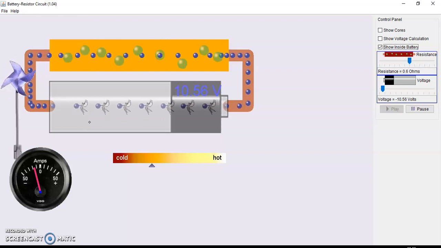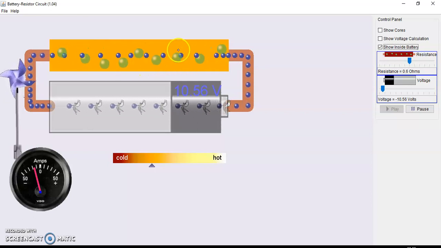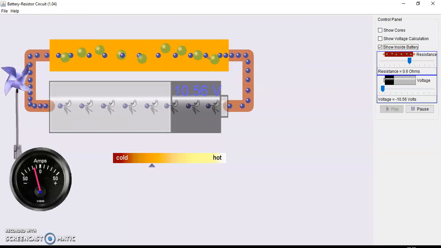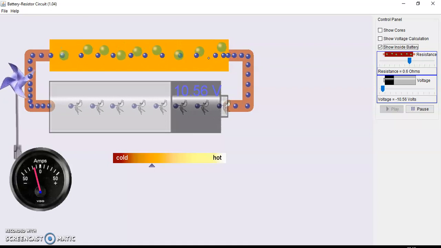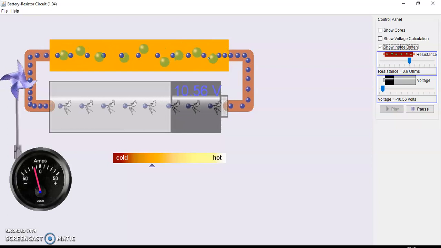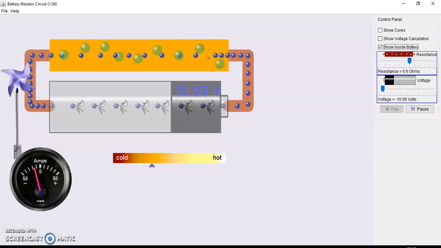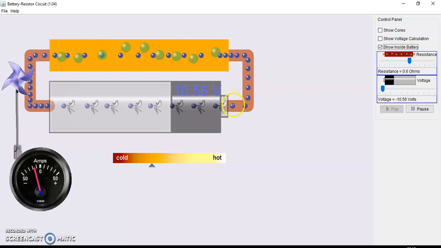So until this battery was connected, electrons were in the random motion, just like these cores. Electrons also had a similar kind of motion. That is what we call as the thermal motion. But when this battery has been set in the circuit, then the motion will be changed. It will become regularized. Electrons will start from the negative end of the battery, and they will end up at the positive end.